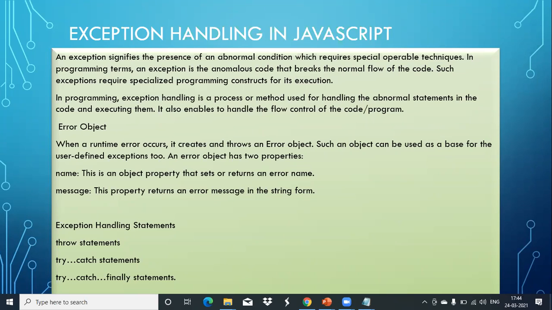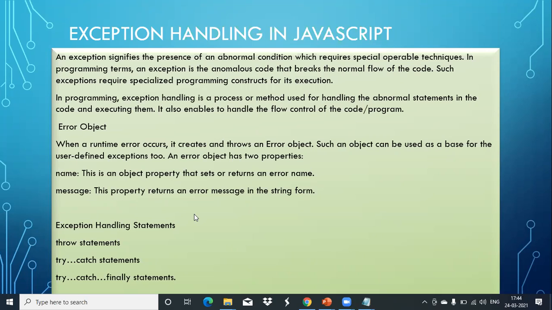An error object has two properties. One is name, an object property that sets or returns an error name. Message is the property that returns an error message in string form. So what error name you want, you can set the name for that error, and what message you want to show.